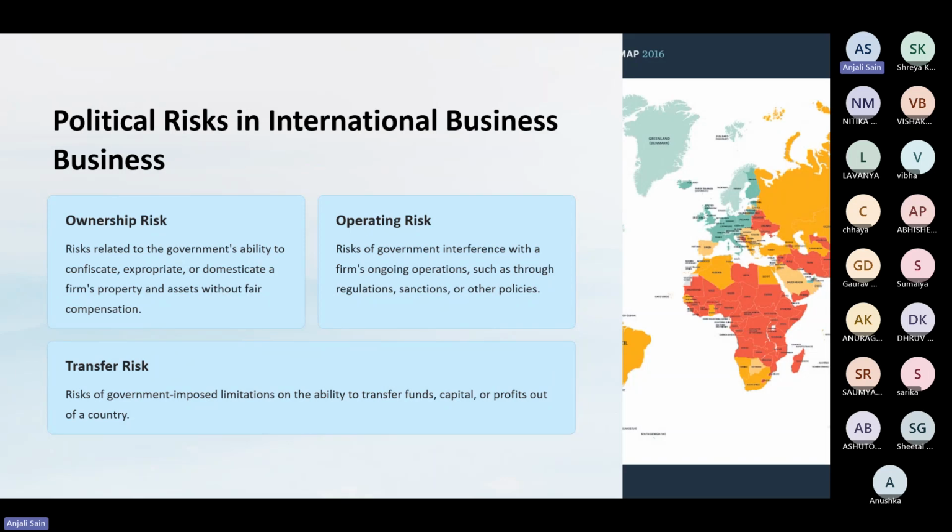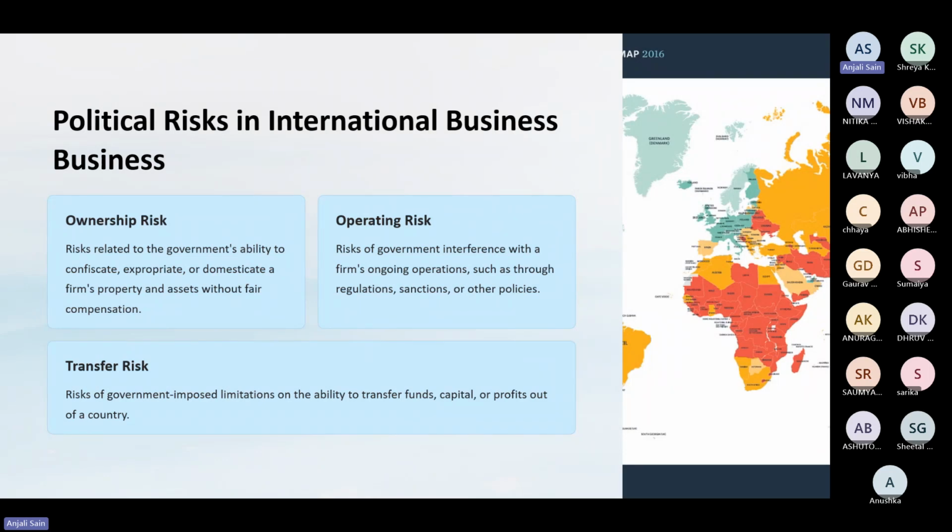Then comes the political risk in international business. Political risk किस type का हो सकता है? This we can also call a political system. First, in this, the first risk can be ownership risk. Ownership risk is related to the government's ability to confiscate, expropriate, or domesticate a firm's property and assets without fair